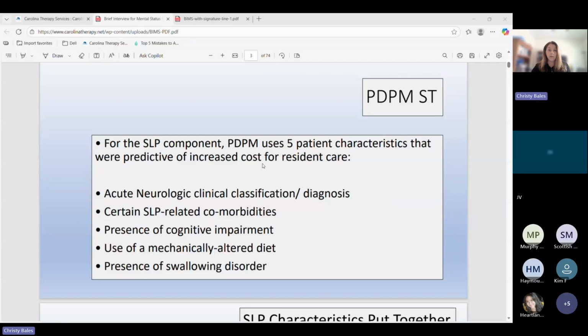So if we have somebody with a mild impairment and we're not showing it on the BIMS, we do need to do something else to show that. Of course, the use of a mechanically altered diet and the presence of a swallowing disorder. And this is a big part of the PDPM. And as I've been monitoring these things, I've noticed that we,